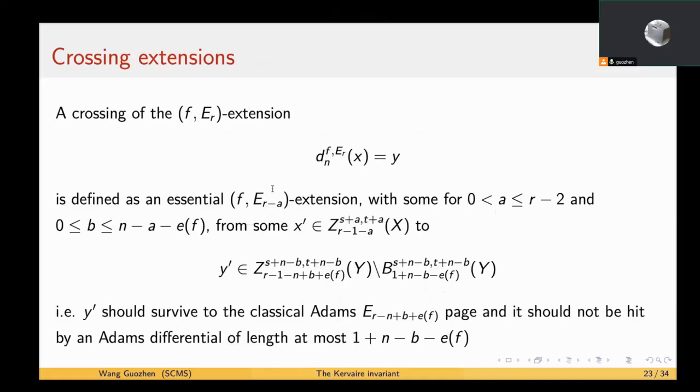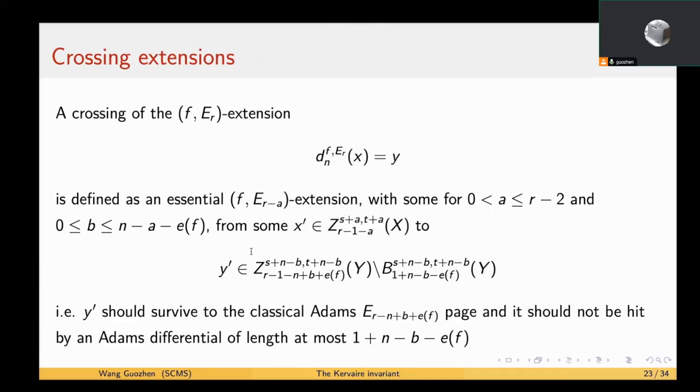And then we have a notion of a crossing extension. The crossing of the FER extension from x to y is defined as the essential FE r minus a extension with some a lying between 0 and r minus 2. And also for some b lying from 0 to n minus a minus e over f, from some x prime